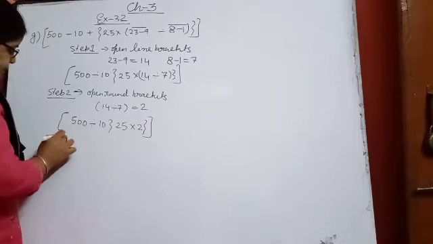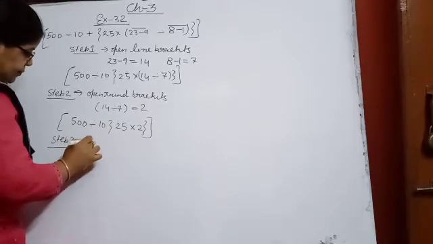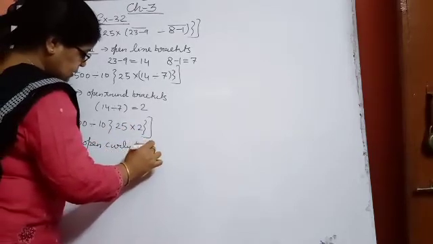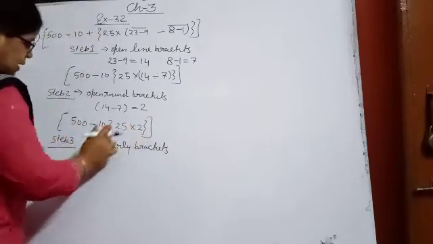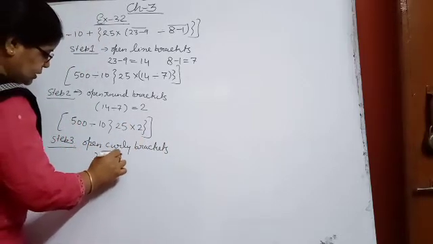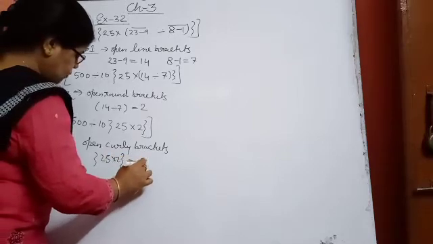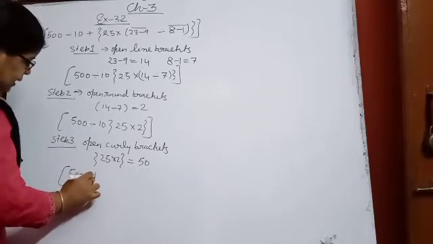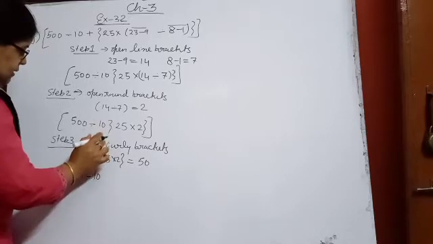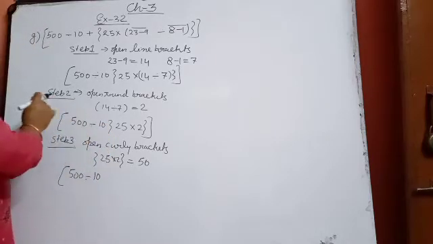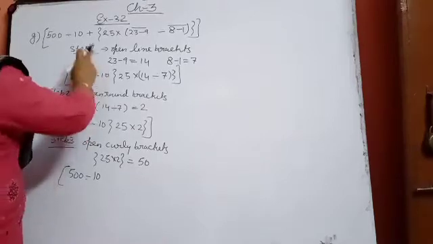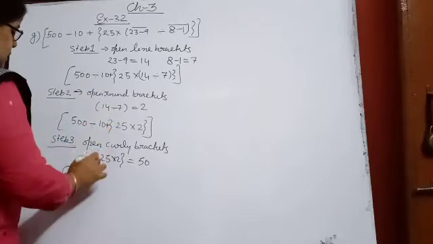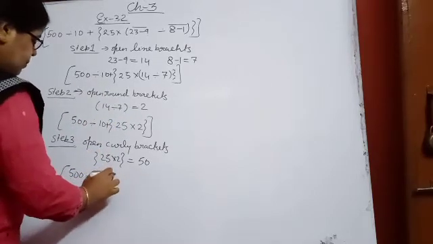Step 3 is there. Open which bracket now? Curly brackets. If you open the curly bracket, you can see that 25 into 2 is there. What will it become? 25 times 2 is 50. So write the question again. What changes will be there? 500 divided by 10, and was any sign there previously? Yes, after 10 a plus sign was there. I forgot to keep that sign. After 10 plus was there, so it will be 10 plus 50.